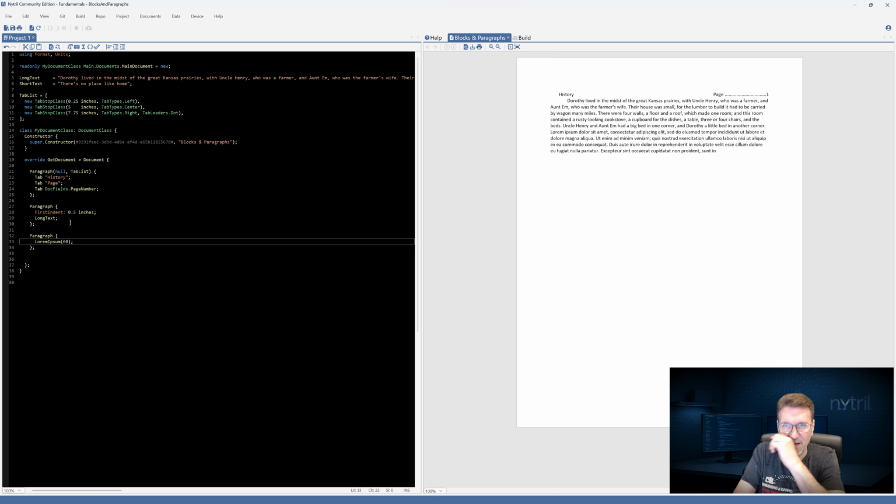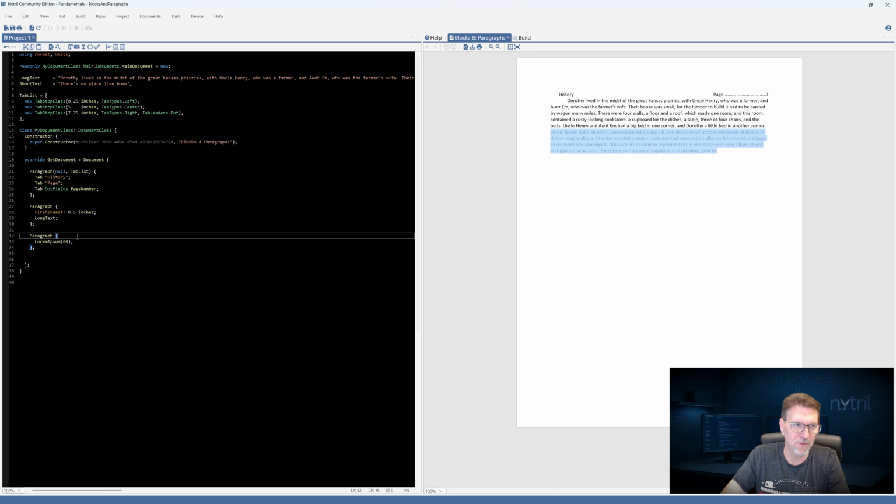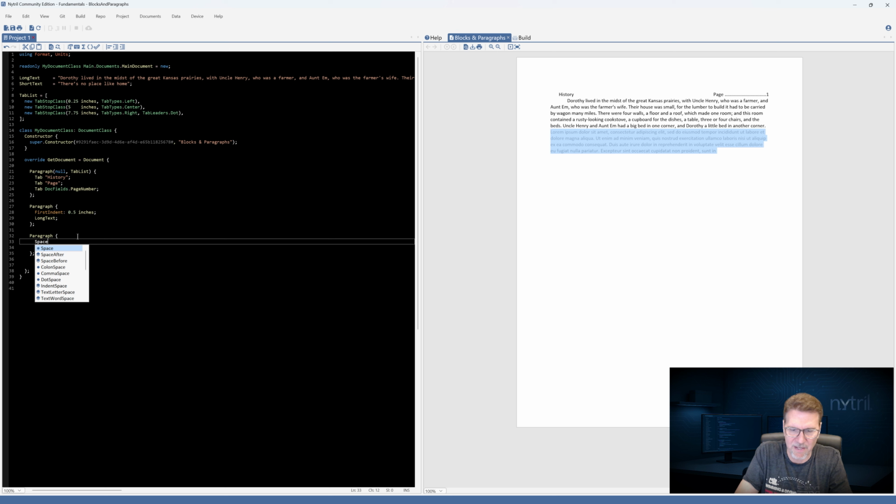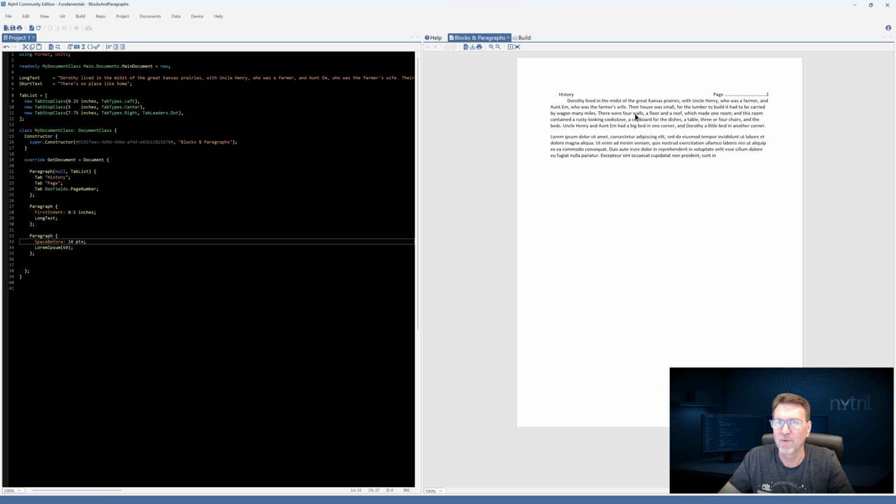And press F5. All right, so that created over here a lorem ipsum paragraph. And it's hugging right against the one before it, which is what a paragraph is going to do. So the very first property we're going to put in here is space before, and we're just going to give it 10 points. You can give it anything you want. You can use pixels or inches or whatever. I'm just going to use points. So there we go. That pushes it down, makes it a little more readable.